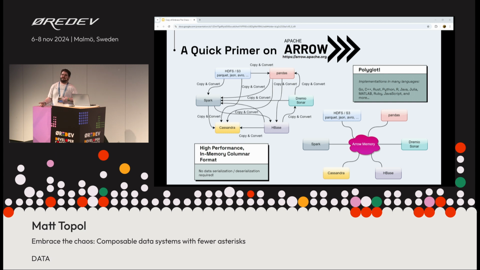Well, what if you didn't have to do that serialization and deserialization? The format in memory for Arrow is identical to the format on the wire in the network. No serialization or deserialization required. It's also column-oriented, so it's super efficient for vectorized compute.